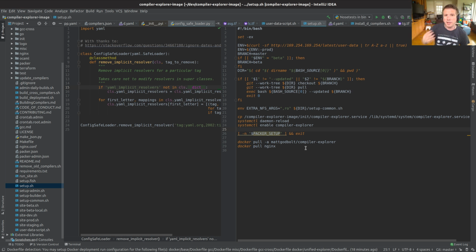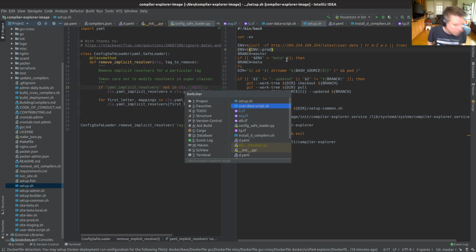But when I build a pre-imaged version which already has done most of this stuff, so that the startup time is quicker. Packer, which is another product made by the same people as Terraform, can configure an AWS instance, make it start up, and then snapshot it at the end. So I don't want to snapshot the huge, great big giant Docker images. They change too often. But I do want to snapshot all of this stuff so that it's only an incremental change when the site comes up, which makes it faster to start up, which is great. Okay, so we need to make this env different. But this seems like it's going to be okay because the branch is only special for beta.